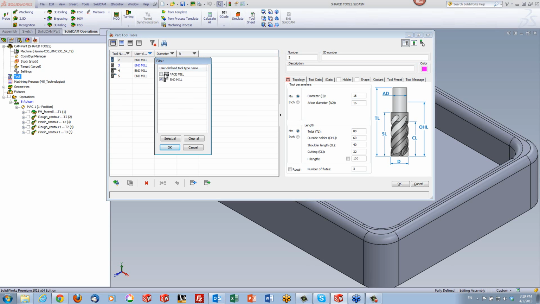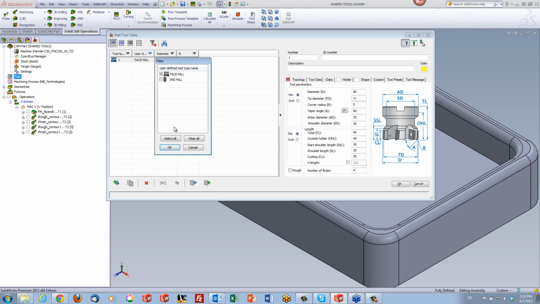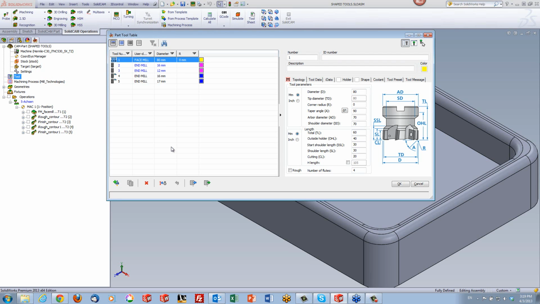Obviously, if I click on face mill and get rid of end mill, it'll show me only the face mill. Do reset or select all. Okay. Another helpful